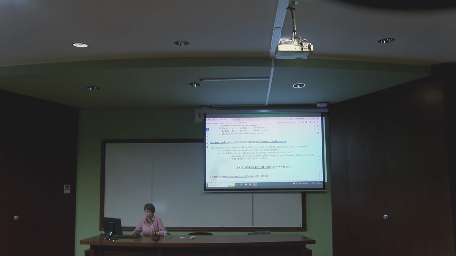At first sight, while reading the literature, it seems that we do have theoretical support from the earlier stages of some Romance languages, such as Old Middle French and Old Catalan. The question was, is Old Romanian similar to Old Middle French, where, again, present-day stages of these Romance languages are verb-frame languages, but it seems that earlier stages exhibit some satellite frame behavior. Is it the same in Romanian or not? If yes, then we contribute to what we already know from the literature. If not, again, we are faced with other problems.